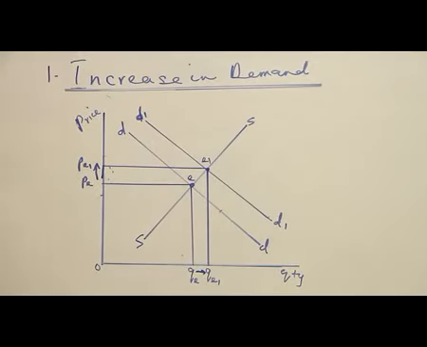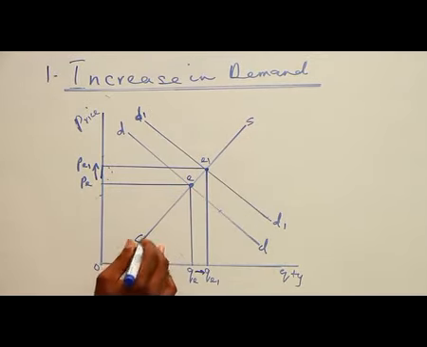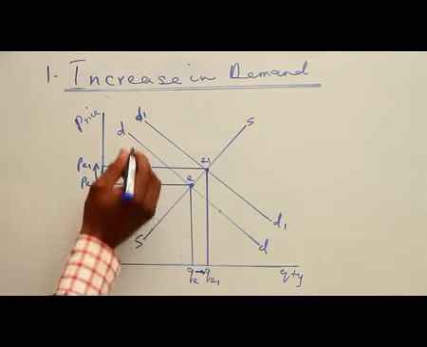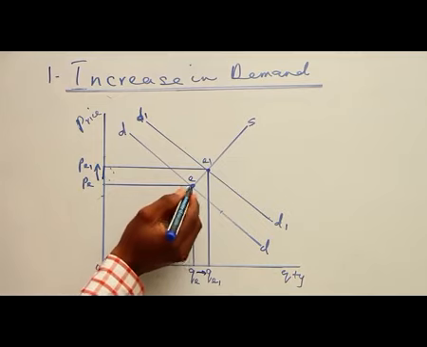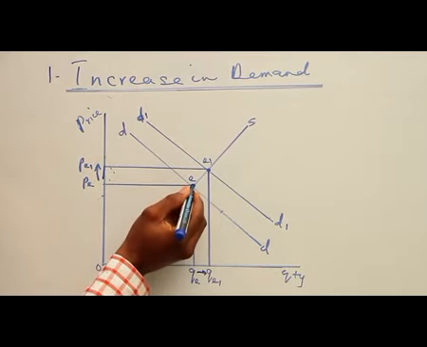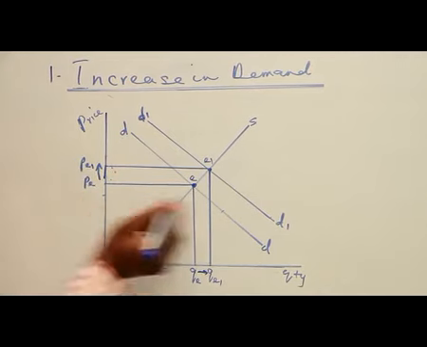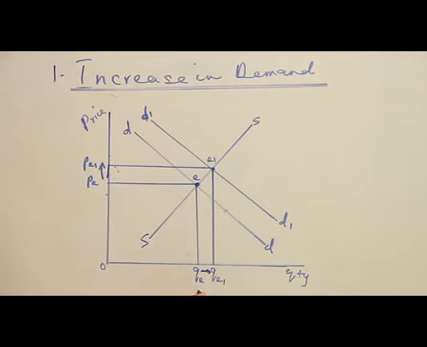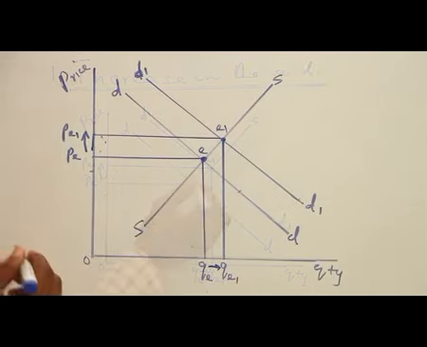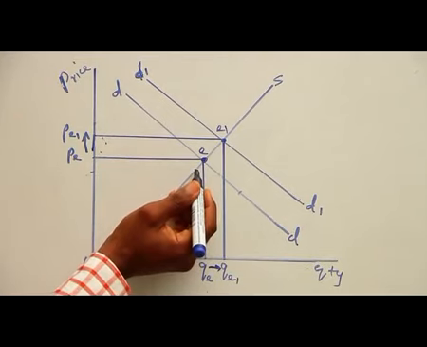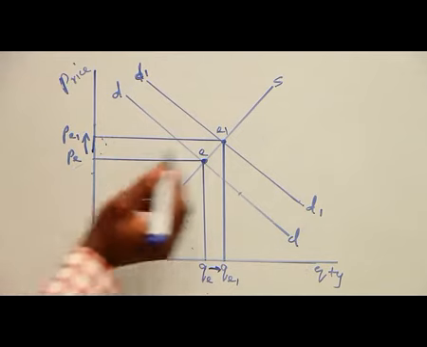Looking at the diagram before us, you will observe that this is the supply curve, which is upward sloping. This is the demand curve, which is downward sloping. And we have our equilibrium point here. Horizontally, we have the equilibrium quantity, and vertically, we have the equilibrium price. That is, at point E, where we have the equilibrium point, the equilibrium price is PE,